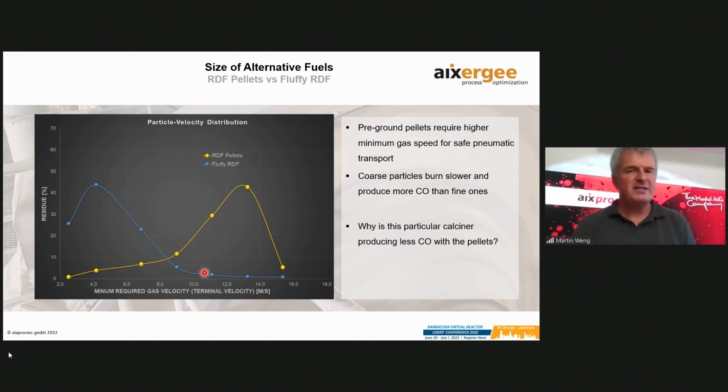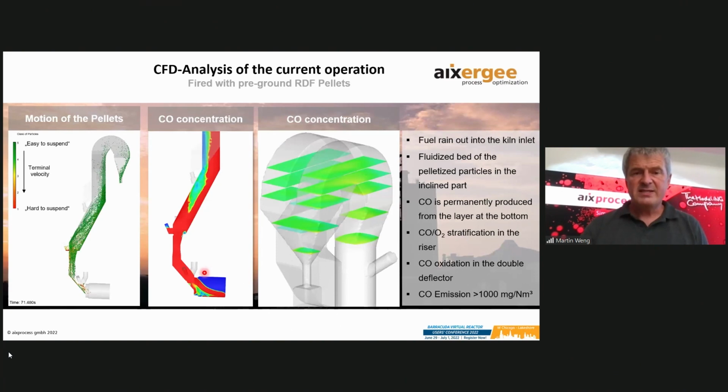These pre-ground pellets require higher minimum gas speed for safe pneumatic conveying. And the coarse particles, of course, burn slower and produce more CO than the fine ones. And so the question in the beginning was, why is this particular calciner producing less CO with the pellets? That was not clear even after some operational trials. So the insight which Barracuda gives from the current operation, and that of course is the typical starting point,